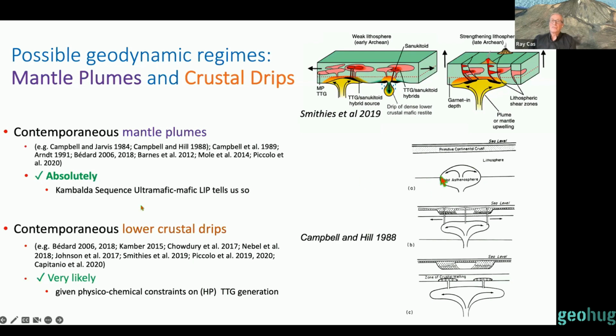Now, this idea of plumes has a long history in terms of understanding and explaining Archean tectonics and magmatism, including some of our own scientists. Ian Campbell, for example, at ANU, was a very strong advocate of plume magmatism and geodynamics decades ago. And then the advent of the drip component to the generation of TTGs is somewhat more recent, but it's certainly